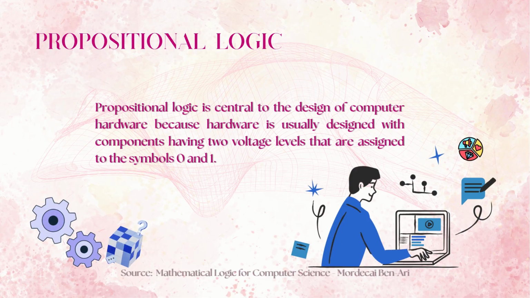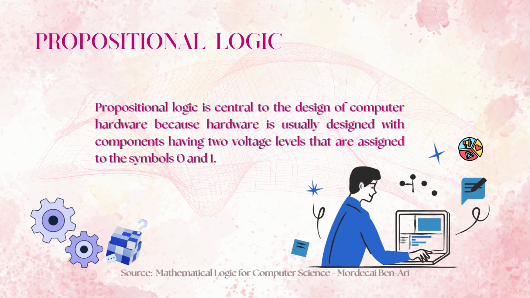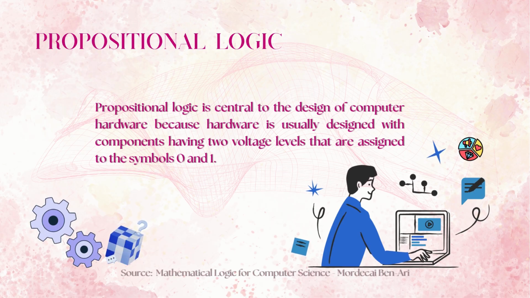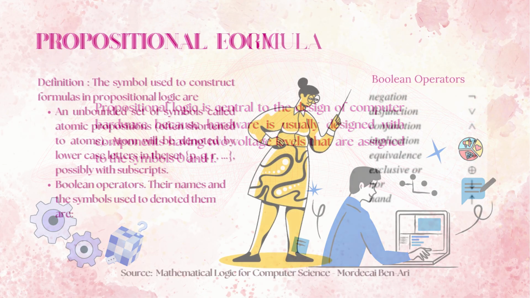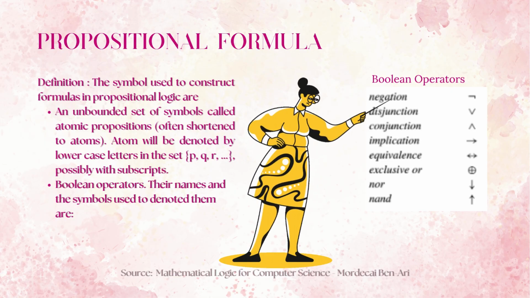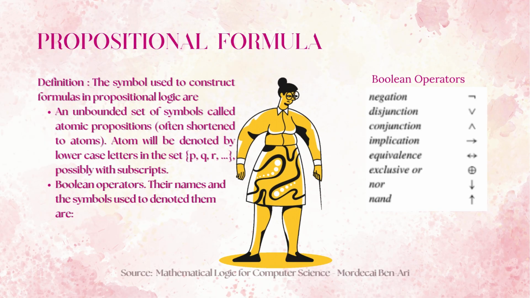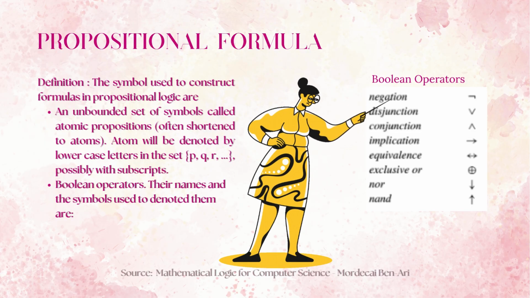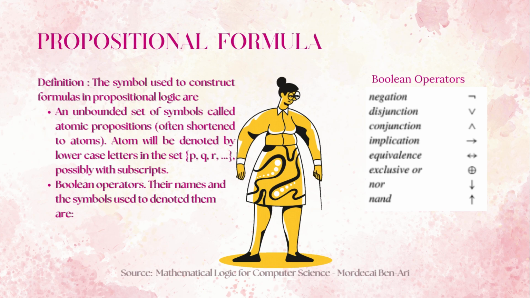Propositional logic is central to the design of computer hardware because hardware is usually designed with components having two voltage levels that are assigned to the symbols 0 and 1. Definition: the symbols used to construct formulas in propositional logic are: 1. An unbounded set of symbols called atomic propositions, often shortened to atoms. Atoms will be denoted by lowercase letters in the set P, Q, R, possibly with subscripts. 2. Boolean operators. Their names and the symbols used to denote them are: